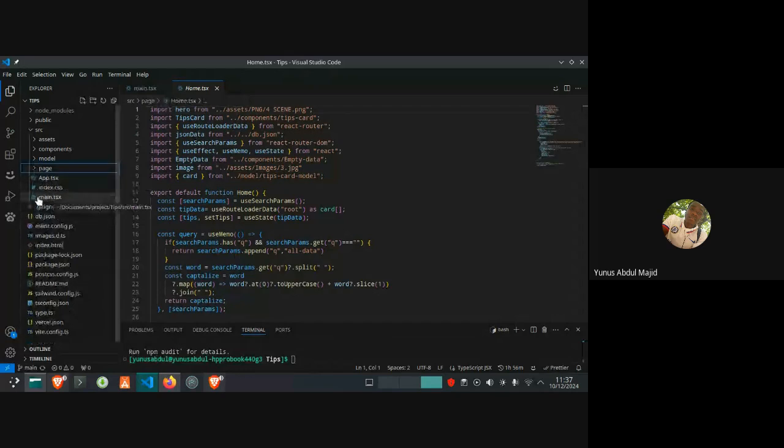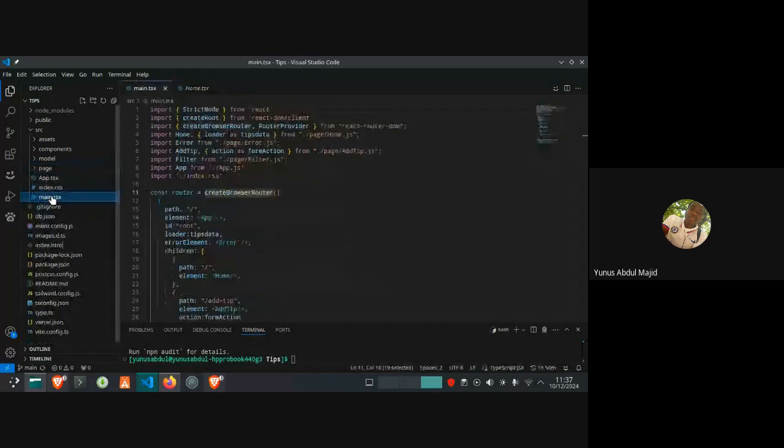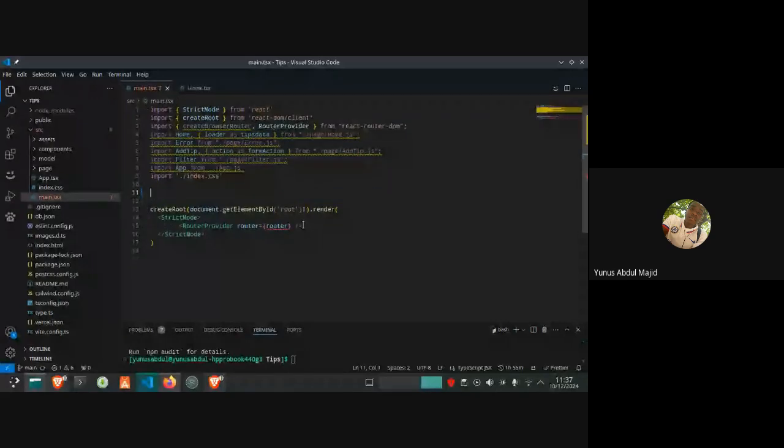Since this code already has the routing, I will just delete this file so that we write it ourselves. This error is showing an unused import, so it's not read. It's just a warning.